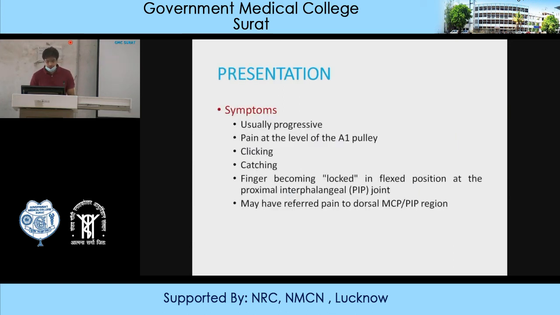Presentation: how will the patient present? Symptoms are usually progressive. There is pain at the level of the A1 pulley, and the patient starts feeling clicking and catching. The finger becomes locked in flexion at the interphalangeal joint and may have referred pain to the dorsal metacarpophalangeal or proximal